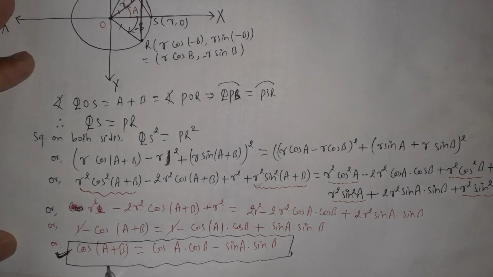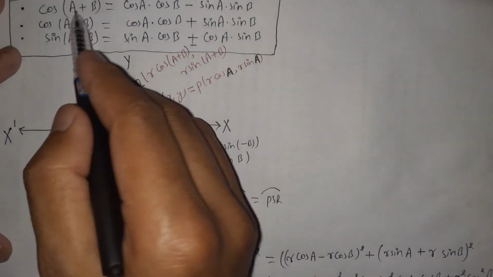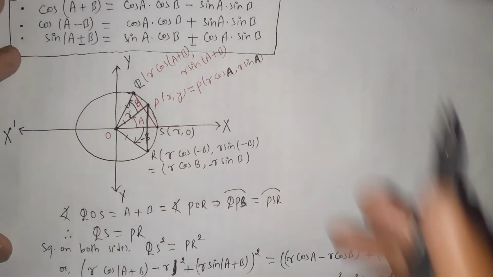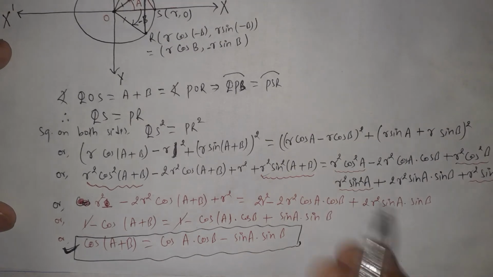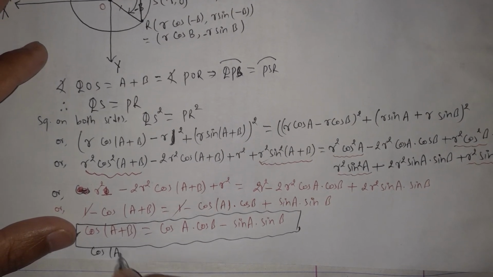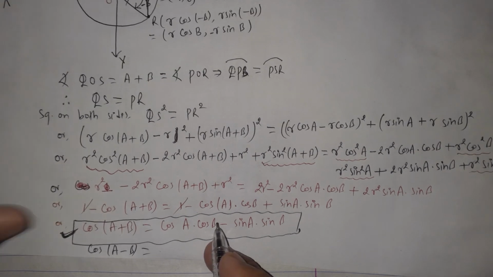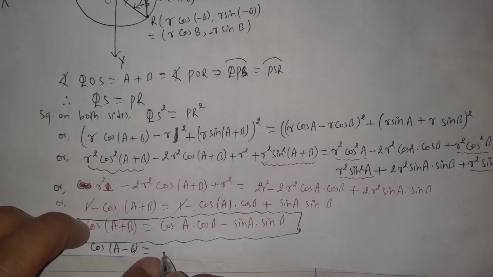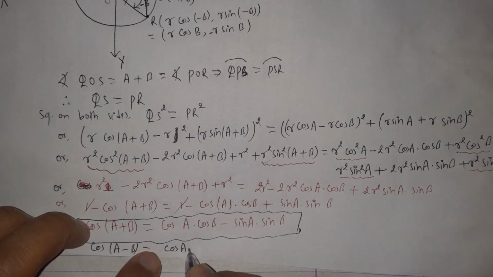Here we prove the first part. Here the first part, the cos A plus B formula, is proved. Similarly, for the relation cos A minus B, we just replace positive B by negative B. If we replace B with negative B, then we get the relation cos A times